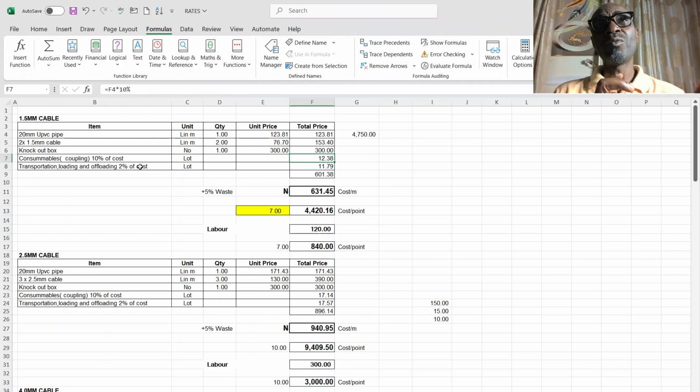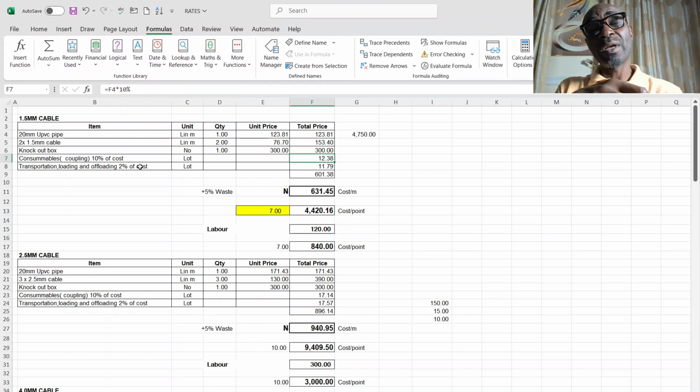I want to know what percentage the cost of the coupling is to the pipe. Once I get that, if I have done it for projects A, B, C, and I'm getting, say, 9% as the average percentage